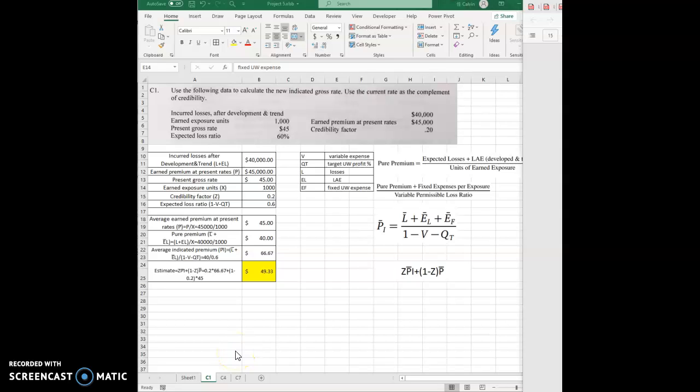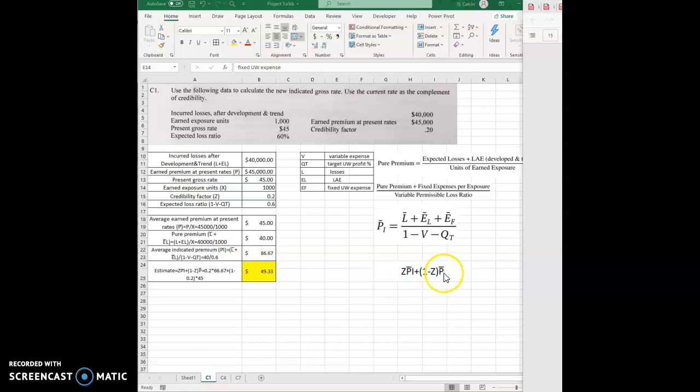Today I'm gonna explain three simple questions. The first I'm gonna talk about is C1. Use the following data to calculate the new indicated growth rate. To find the new indicated growth rate, we use this formula, and what we need to know is what is